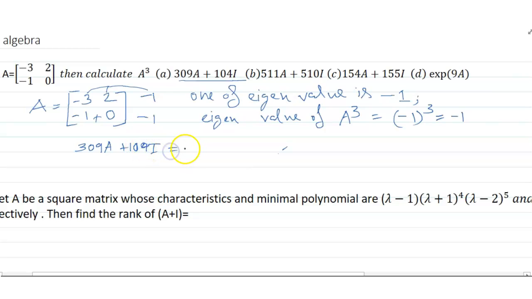So let's check whether the addition is -1 or not. So 309 times -3, 2, -1, 0, and plus 109 times 1, 0, 0, 1 equals to